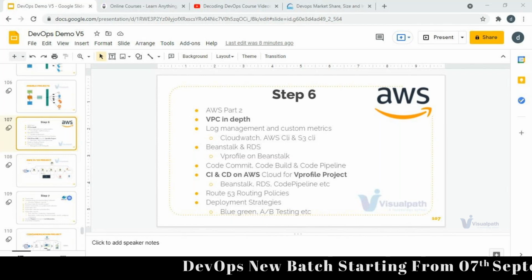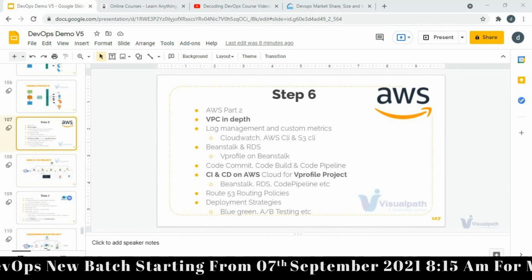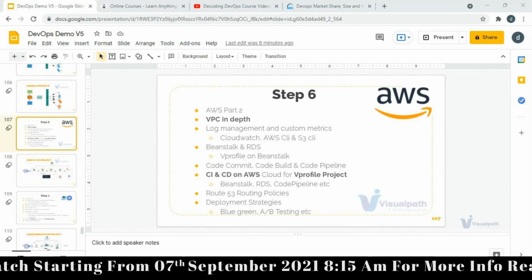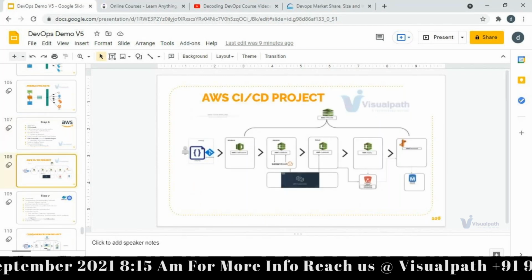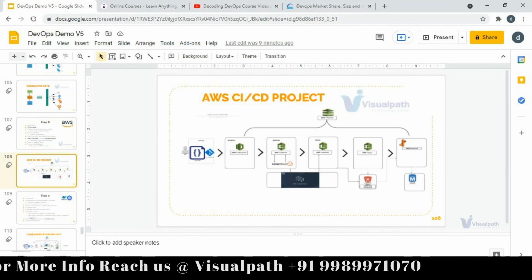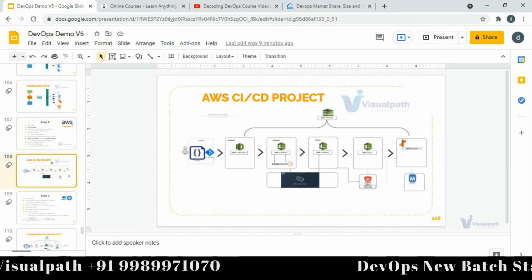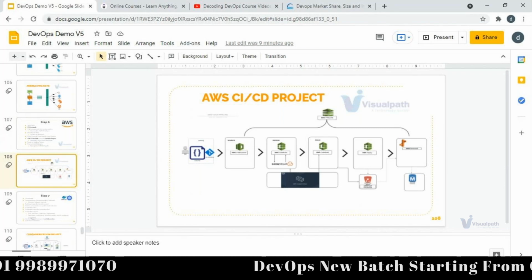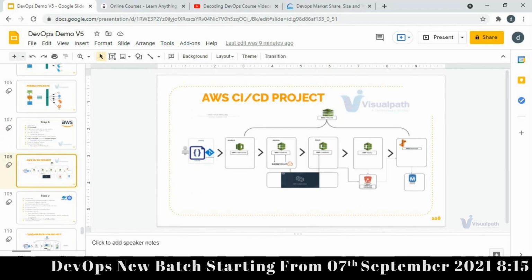I see the question: Azure DevOps for CI/CD, what scripting are we using in this course? Okay, I told you already about this, Chaitanya. We are using five CI/CD projects. In some places we are using scripting like Ansible. Basically not scripting, it's configuration management. And in other places we are going to use Jenkins and cloud providers. I'll send you the slide, you can go through it.